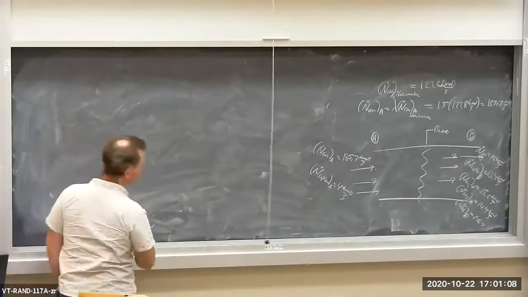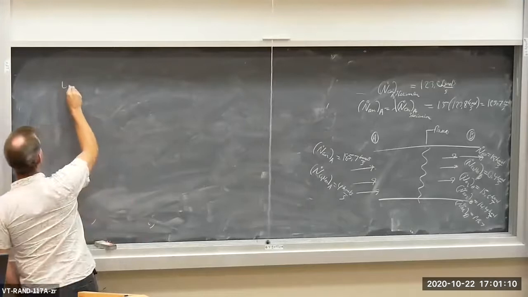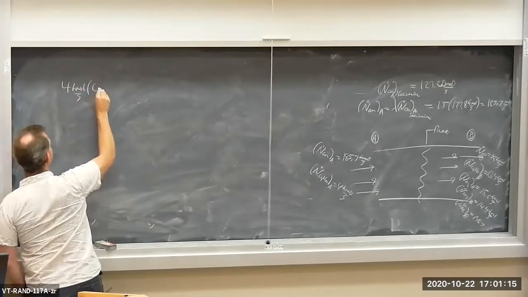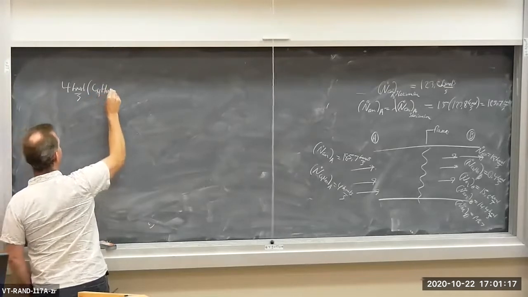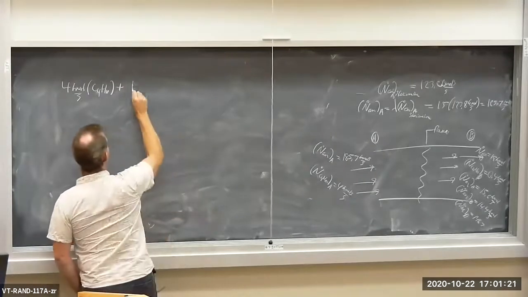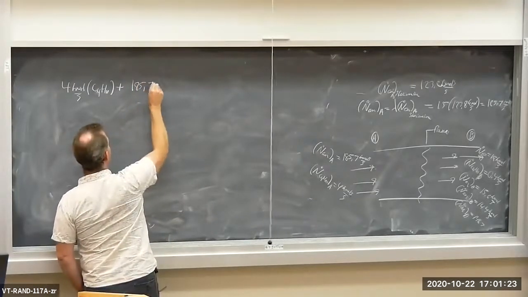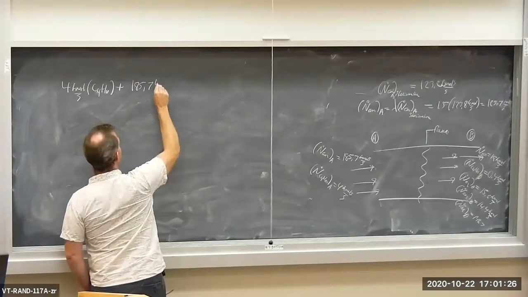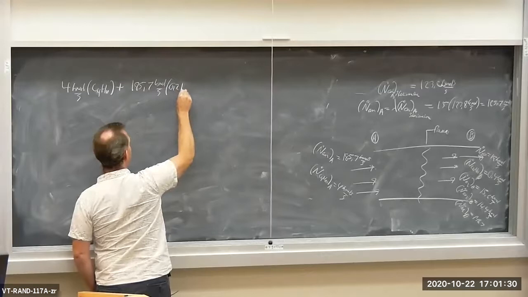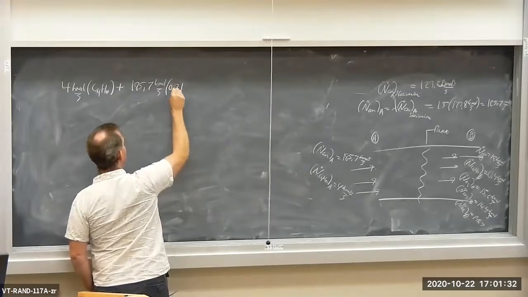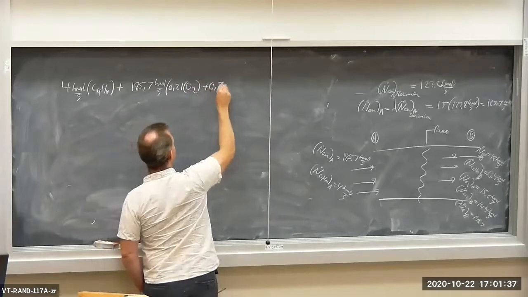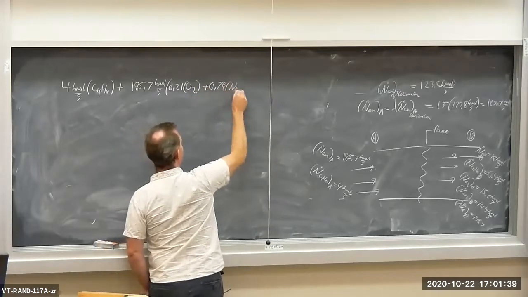All right, so we have 4 kilomoles per second of C4H10 plus 185.7 kilomoles per second times 0.21 O2 plus 0.79 N2